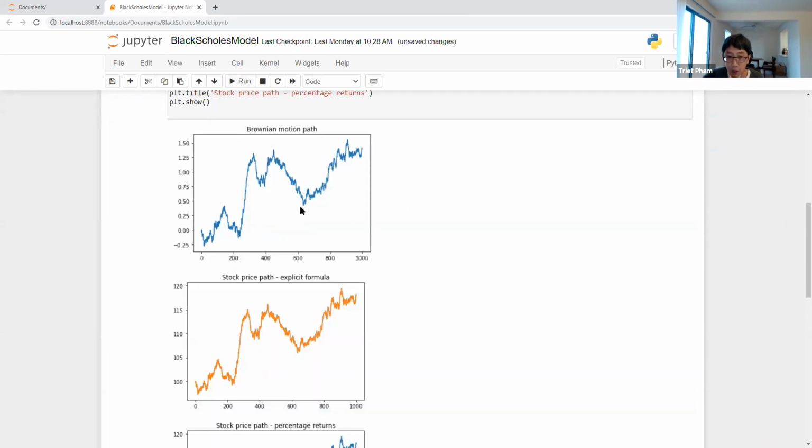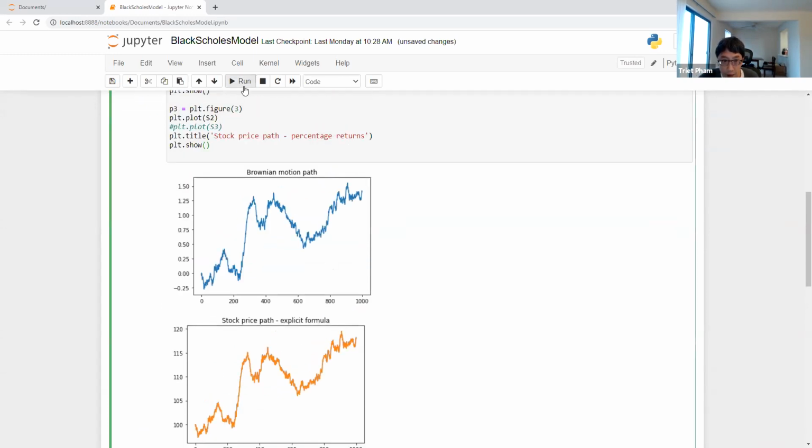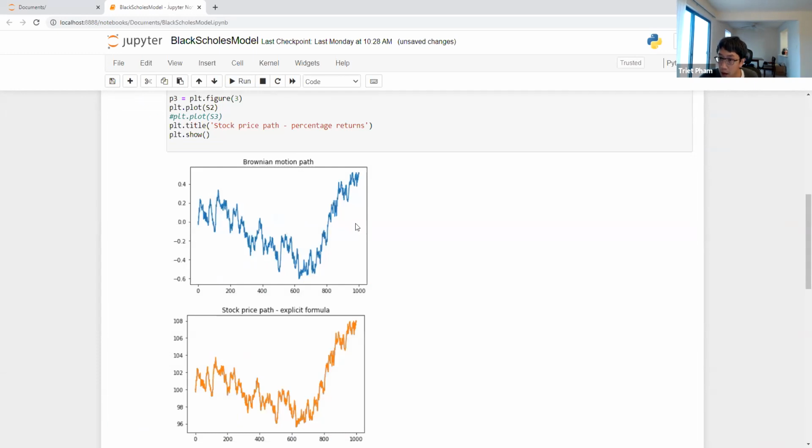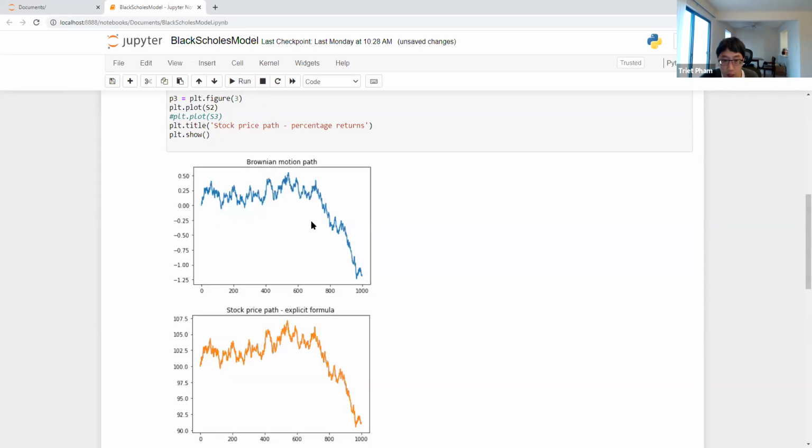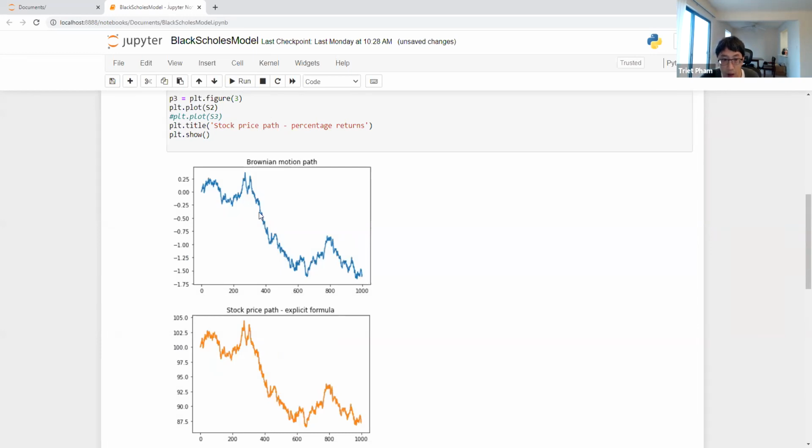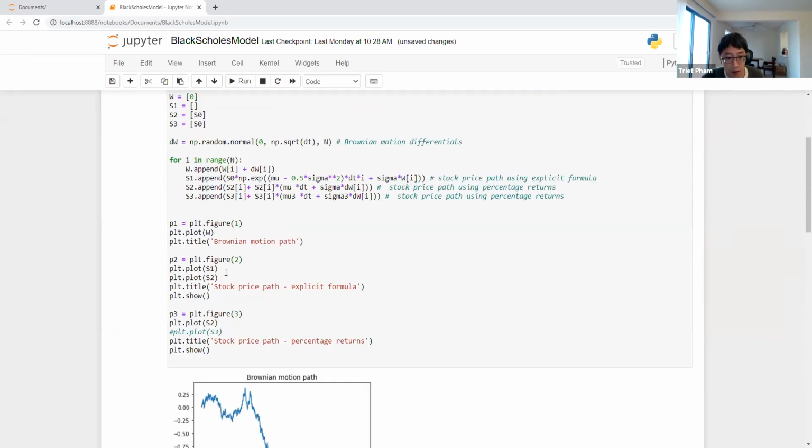One more thing, which I guess I didn't mention: this is the Brownian motion path. You see that every time I run it, I get a different path. That's what we mean when we say the Brownian motion is a random object. Every time you run it, it starts at 0, but it's a different path. And of course, if you pay attention to a particular time and record the change at that time for different paths, these have different values. When you record that, you'll get a normal random variable out of it. So let me take this out.